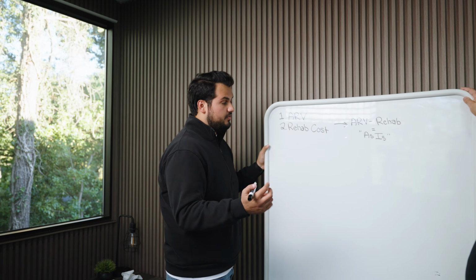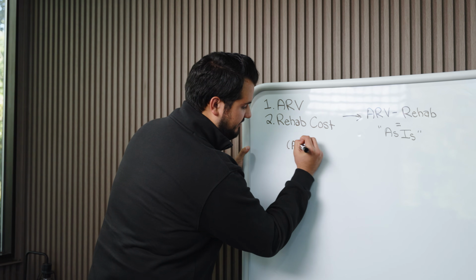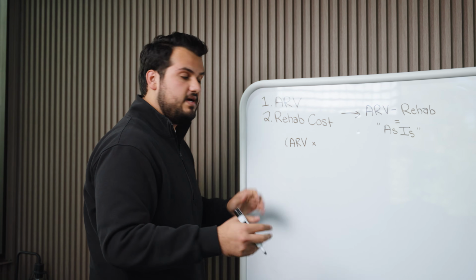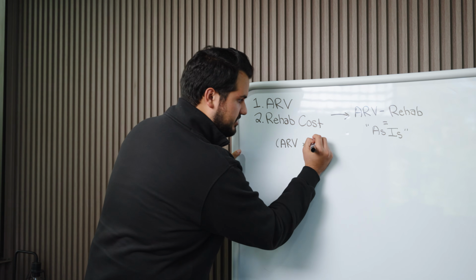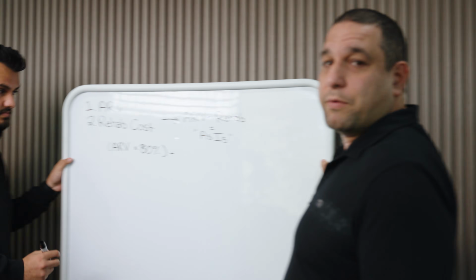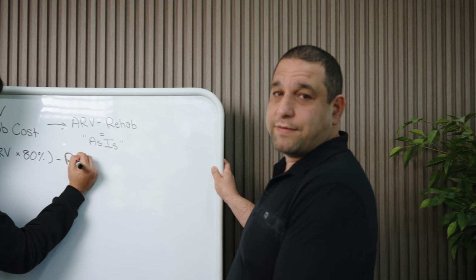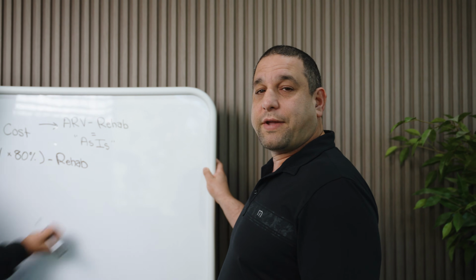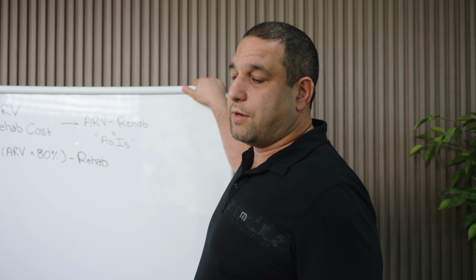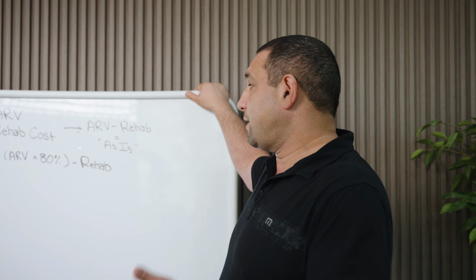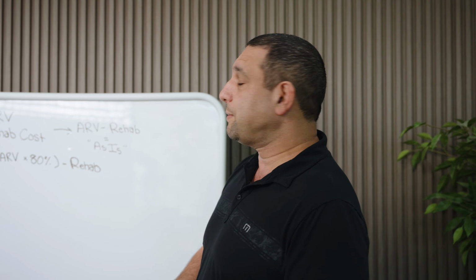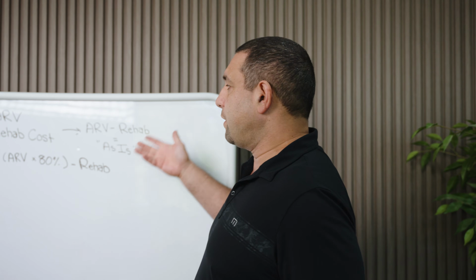Sure. So the formula that we use is the ARV, after repair value, times, and this again is a variable, but I'm gonna just tell you what generally is our percentage, which is 80%. And 80% is about as high as people will pay. I see a lot of people trying to buy it for 70, 75%. If it's a good market or it's in a good area, it's gonna be very hard to buy stuff for much less than 80%. But in weaker areas or if the market's really bad, you could definitely get stuff for a little bit less. So we always wanna buy stuff for as close to 70% as possible, but we do pay up to 80% for a good amount of stuff that we buy.